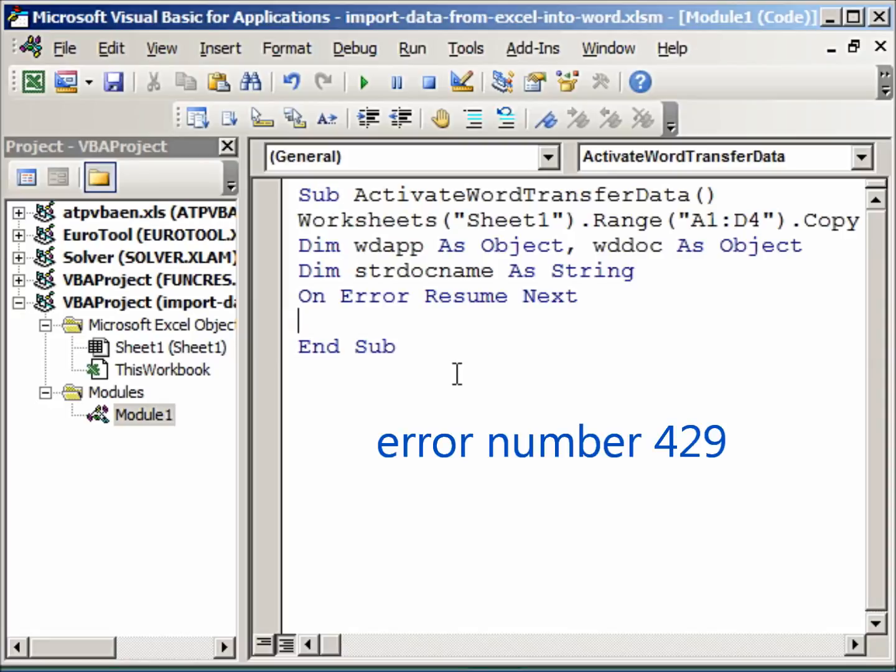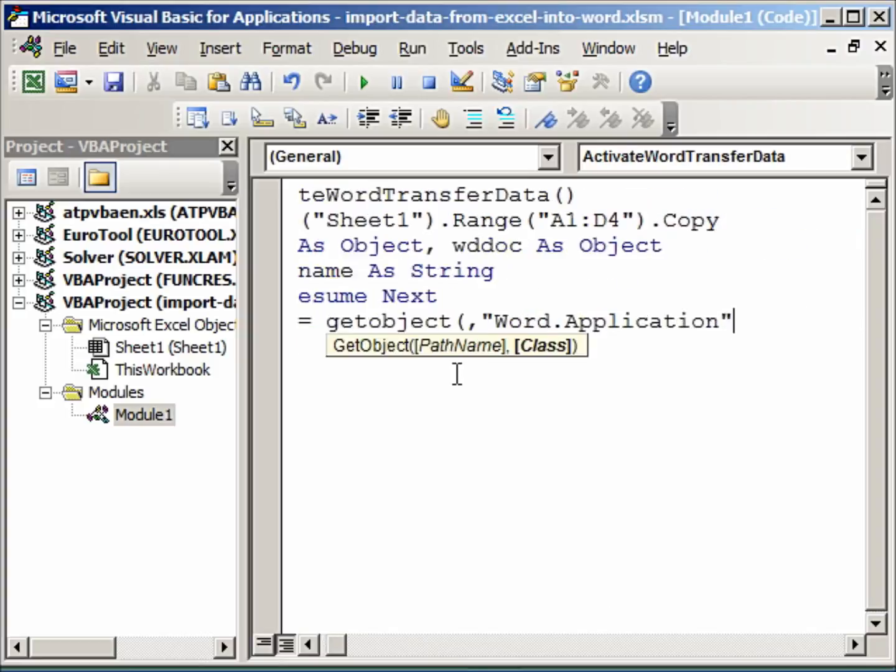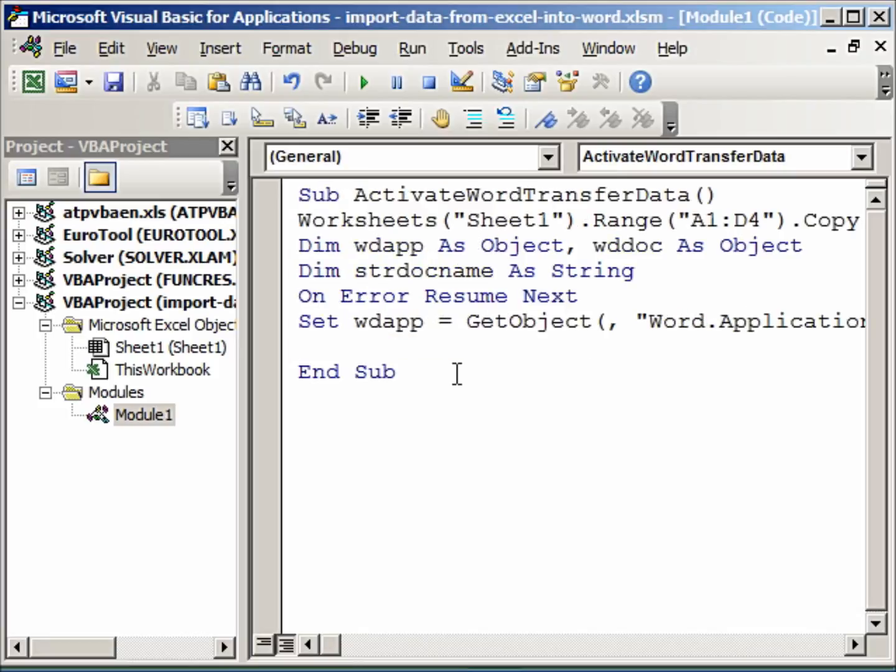Okay, first we will set our Word app. So we will say set wd app and we will use the get object function. Get object, it takes two parameters. One is the path name, the complete path, and the class, which is Word application, Word dot application, quotes close and quotation close. Okay, so